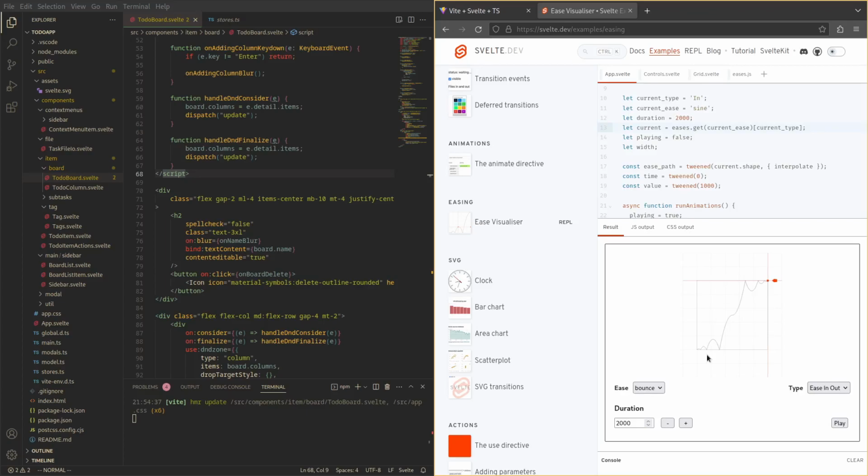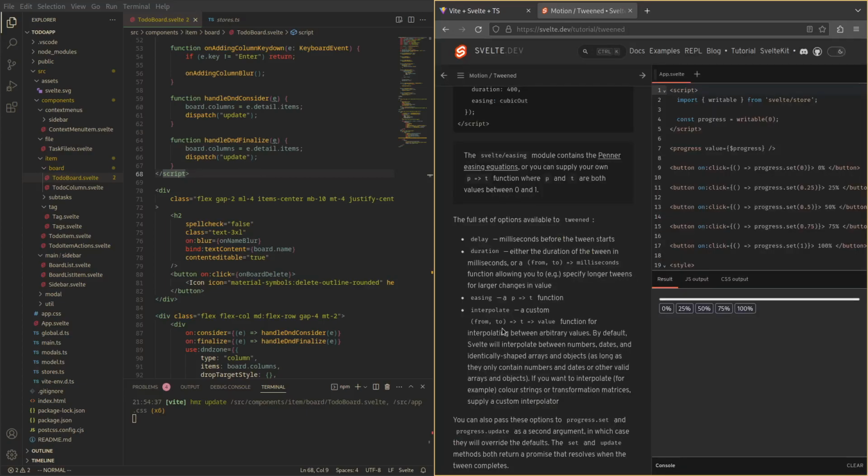So ease in out is fast in the middle and kind of slow in the start and end. So this is a really good tool to play around with if you want to get used to the different easing functions in Svelte. So the fourth and final property here is the interpolate property, which you can use to